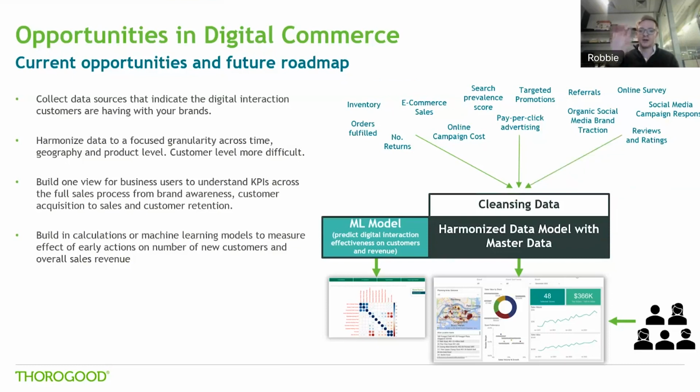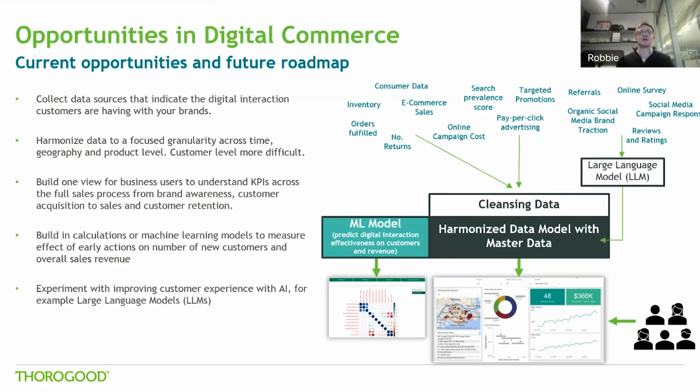And then if you see there, as I change the slide, all the data sources on the top right, online survey data, organic social media data, referrals, reviews and ratings, all of that can be quite qualitative, quite textual. So if you can use large language models or any type of AI to pre-process them and feed them into the data model in terms of being able to aggregate and filter, you can add a lot of value in finding out what are the common patterns that people are bringing up about your products and the type of feedback, or what are people saying about your brands. You can add that view and bring it into the data model as well. And of course, push it down to the business view through, say, a dashboard as well.